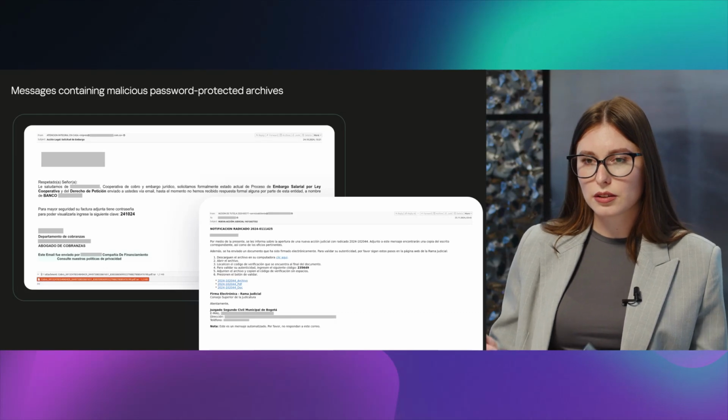Other messages containing password-protected archives were less tricky, but still complex for security solutions. They had more general themes, so the messages were disguised as invoices, commercial offers, supply orders, tender schedules, court notices, and other documents. I think the big takeaway here is that even if you receive an email from a supposedly trusted source, like your business partner, or someone that you maybe know personally and are dealing business with, it's still a great idea